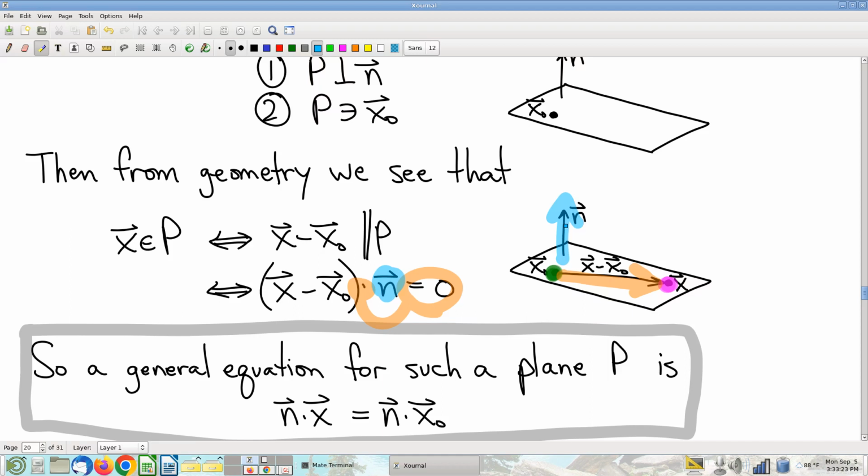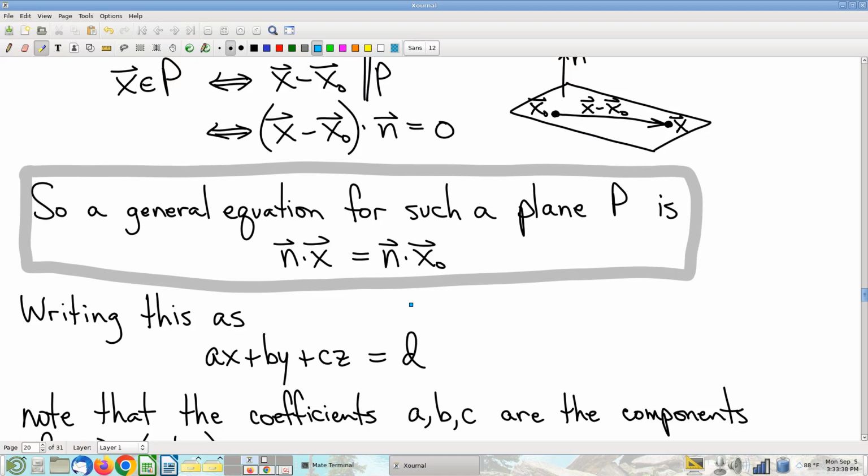And this is algebraic. This is one of the cool things about orthogonality: orthogonality of vectors can be expressed algebraically. So this makes a great test. And this is, in fact, a form of the equation for the plane. Now, you can write it differently if you like. You can distribute that dot product and separate the terms. And you can even, if you'd like,